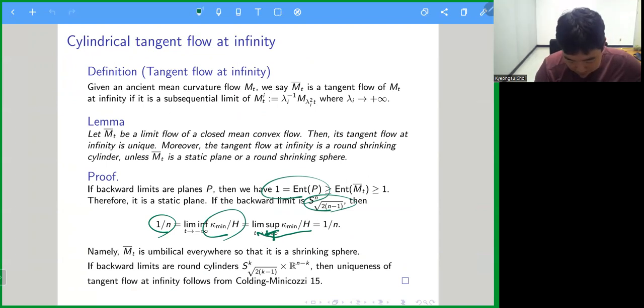Okay, so you can see that. Let me say, the kappa mean over h converges to 1 over n as time goes by, because they converge around the sphere. And then the problem is that